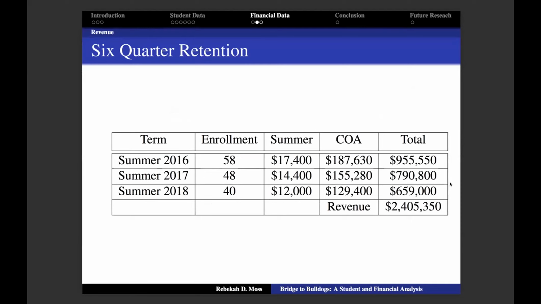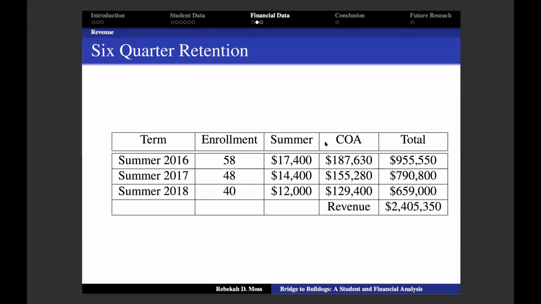So when we looked at that data from the summer students, we found that the average retention rate was 6 quarters. So we used this average retention rate to calculate the estimated revenue. So the summer cost for Bridge students is $300 for their first summer. So we did $300 times the enrollment for each to get the summer cost. And then we used the cost of attendance for a full-time student that Tech has listed on their website,